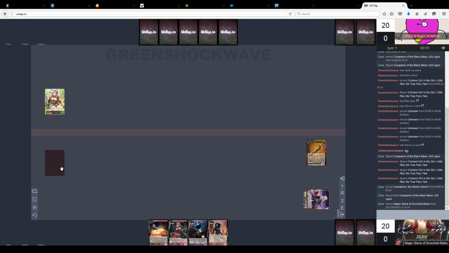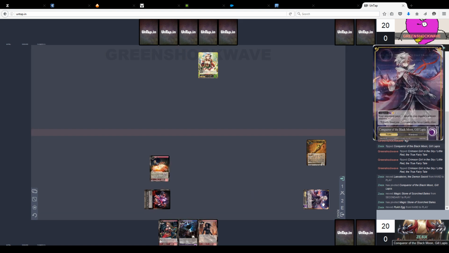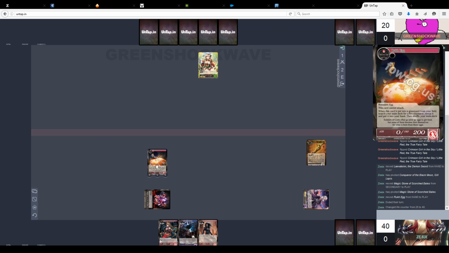Because if we were on the draw, maybe the Gwyn's a little bit better. But I think since we're on the play, playing the Guinevere and just setting ourselves up, also because we know we're playing against Crimson Girl. So I think it's better to play the Rukh Egg and pass, because this way we can turn 2 Lancelot, leave the Rukh Egg in play,